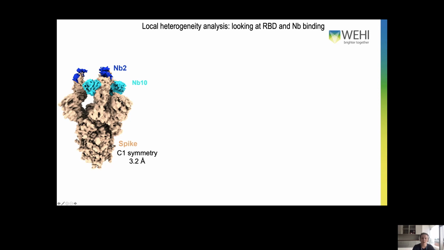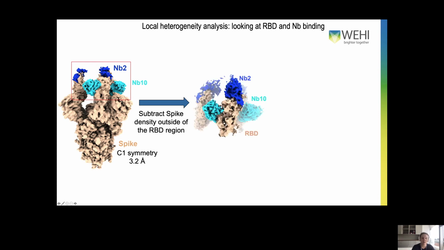So all of those techniques allow us to increase the resolution of the structure overall. However, it does not improve the resolution at the areas of interest, so specifically at the area of RBD and nanobodies. However, what we can do is specifically look at that area. For example, we can take the signal and subtract the signal from the rest of the spike outside of the areas of interest. So what we're left with is RBD bound to nanobody 2 and nanobody 10. And then we can take that and classify it,